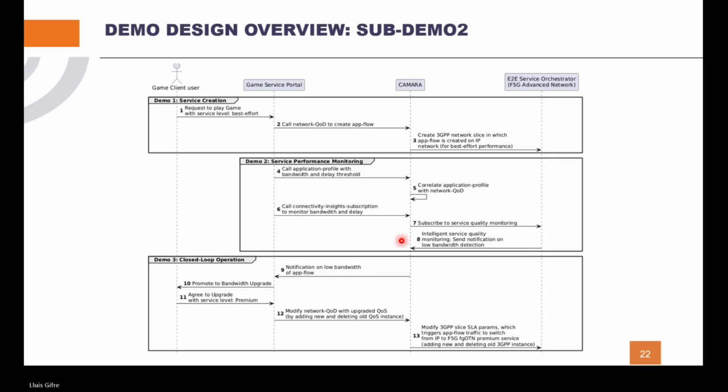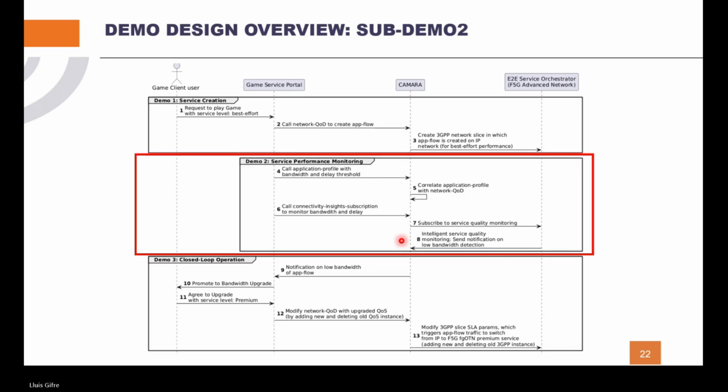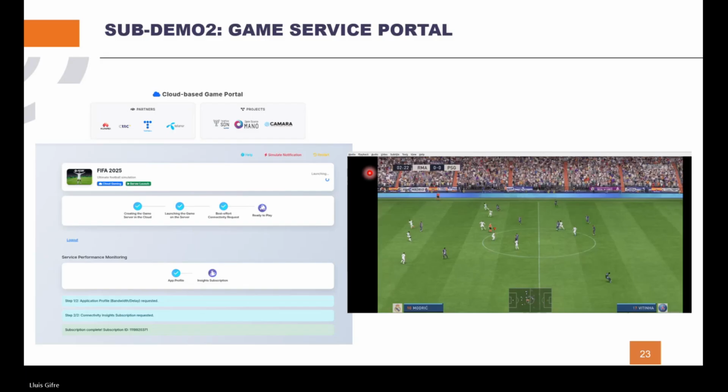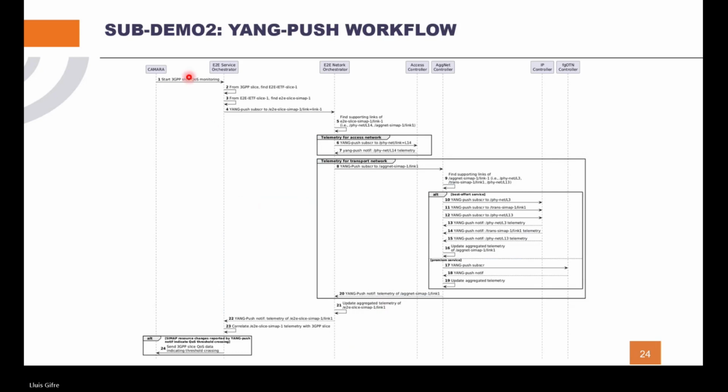And well, I'm jumping now to subdemo 2, and then I will showcase 1 and 2 together. So subdemo 2 is essentially activating the telemetry. Here, again, this is when the game portal has already provisioned the service. We trigger this part that is the subscription. Again, I will not go into all the deep details due to the lack of time, but the idea is that you first issue